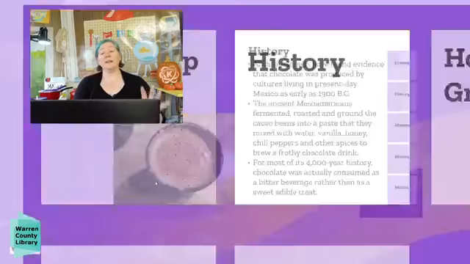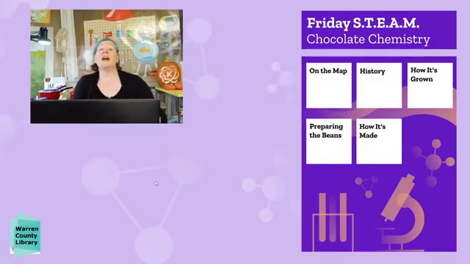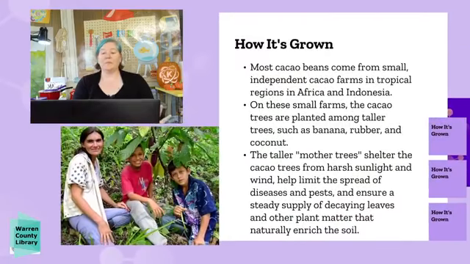Okay, so that's the history. Let's look at how it's actually grown. Where does this stuff really come from? Well, most cacao beans still come from small, independent cacao farms in tropical regions, primarily right now in Africa and Indonesia, which have really kind of taken over the